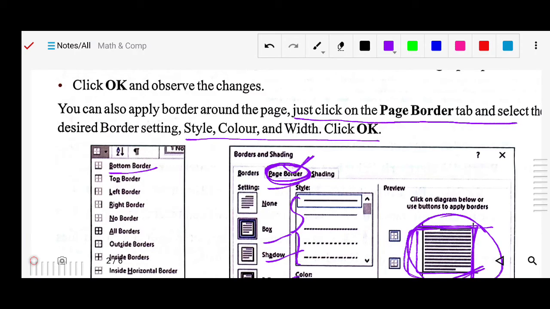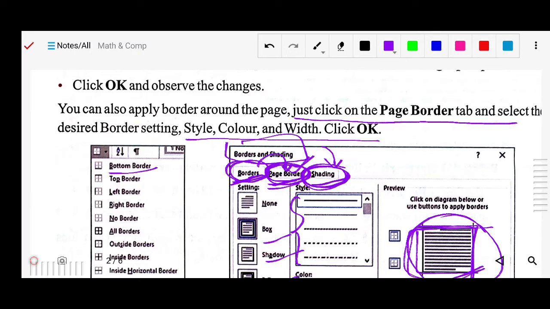From here you can do this. Here is the shading. If you want to apply some settings, like 3D or some color, or gradients, you can click it here. There are three tabs under the border and setting. This is for the border, this is for the page border, and this is for the setting. Border means how your border will look, and for the page border you can choose from here. Got it? And this is the setting, how the color looks.